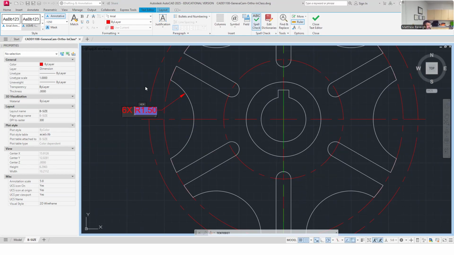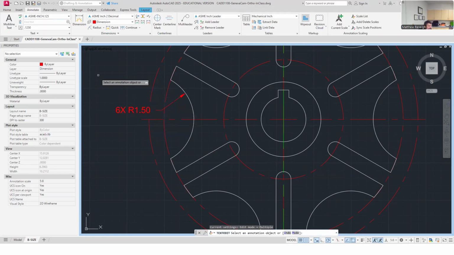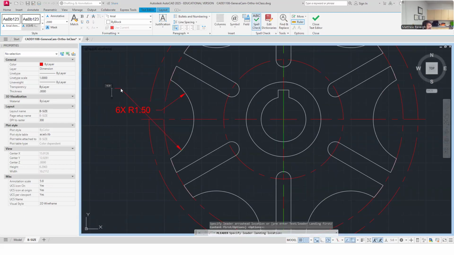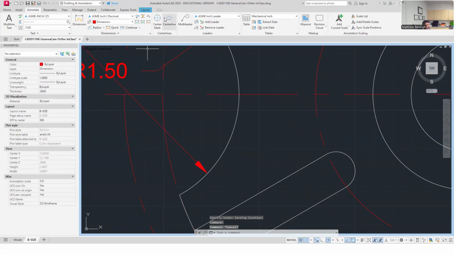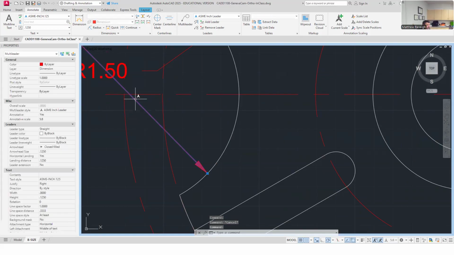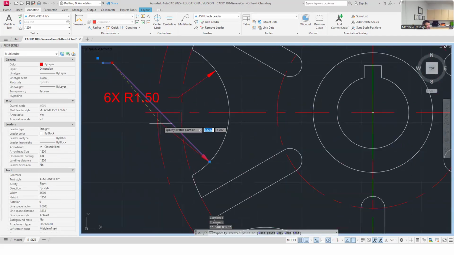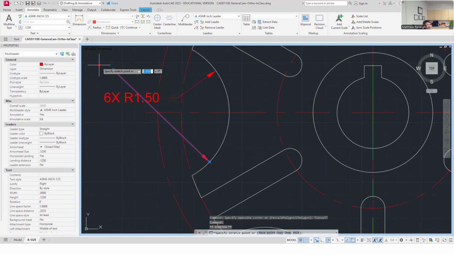I think sometimes it's hard to determine which is the best function to use. You could also use a leader line too. It's not wrong to say a leader to point out this radius as well. And that one I could almost pull through the center out here. So let me think of another way that someone might dimension this. I would want this to pass through the center potentially, but I don't want my leader to be like that. I'd probably want it to pass through the center,